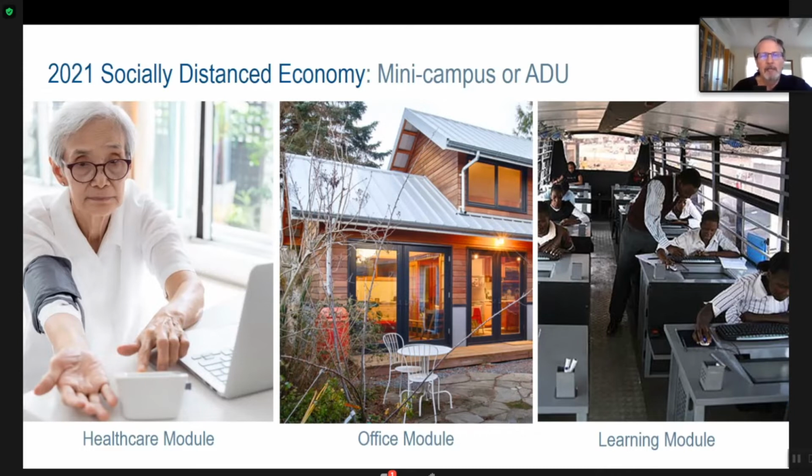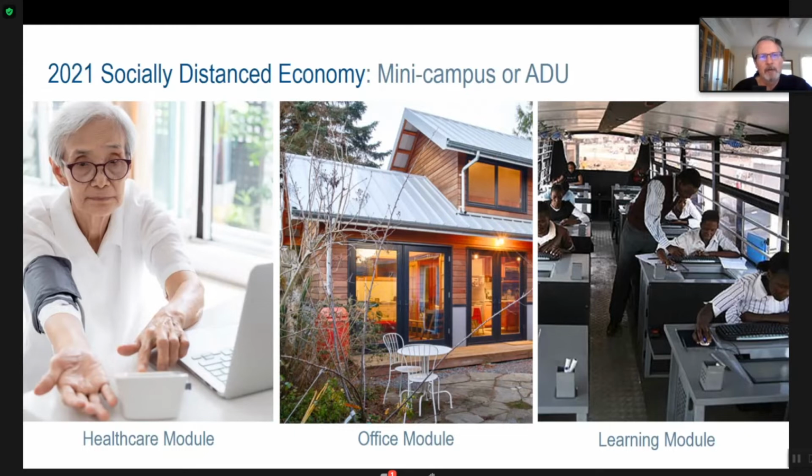And what happens when a group of employees in a certain geography say, we'd like to get together in a mini campus? So this is, I think, some possible corporate subsidy for ADUs or mini campuses, a market that was, I think, driven only by the need for extra housing now could be driven by making senior living and healthcare access more local.